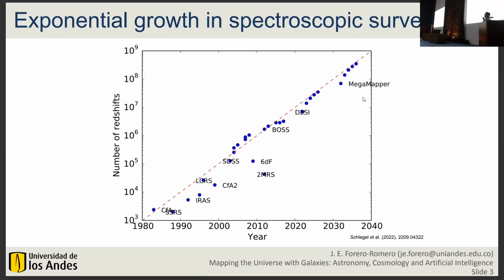And the nice thing about this exponential growth is that basically, once you start a new survey, you really don't want to keep the other galaxies, the other spectra. Basically, you can start and measure again. In DESI, in the first 2 months, we measured 2 million spectra, which is basically the whole history of extragalactic spectra in only a couple of months.